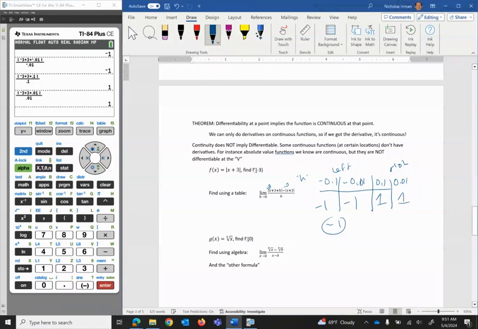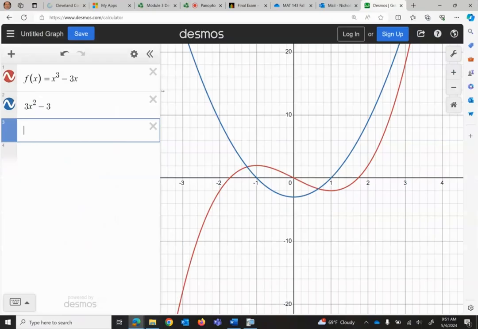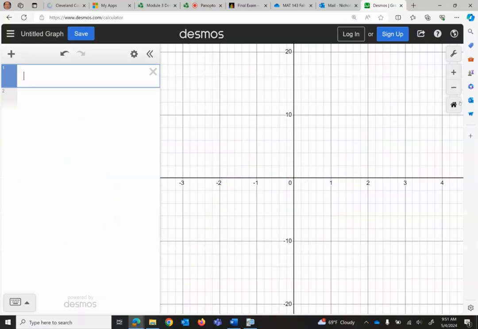And +1. So the limit on the left is -1. The limit on the right is +1. So overall, our limit does not exist. The idea is that a square, not a square root, an absolute value function